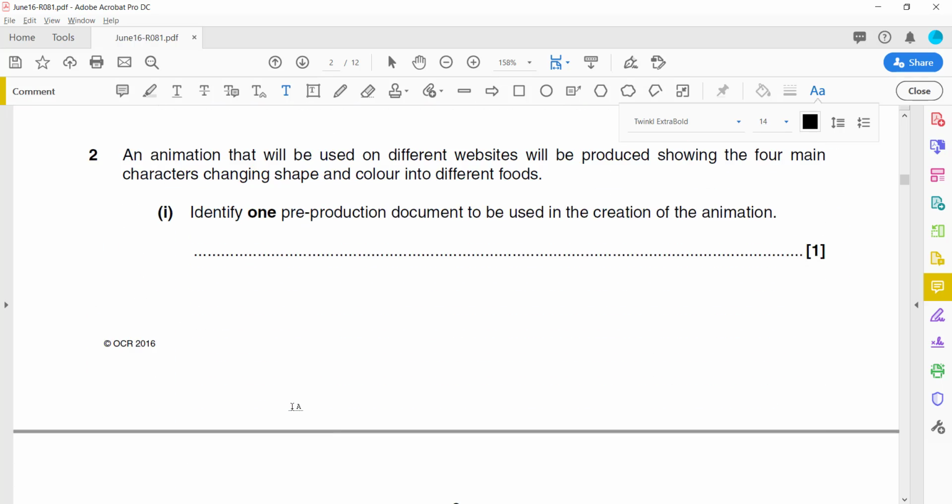So question 2, here we go back to the highlighter. An animation, okay, animation here is your key. It will be used on different websites, will be produced showing the 4 main characters changing shape. What pre-production document can be used to create an animation? Now, this one involves movement. So in the process of elimination here, it's not going to be a visualization diagram because you're not looking at a static product. It could be a mood board, it could be a mind map, or it could be a